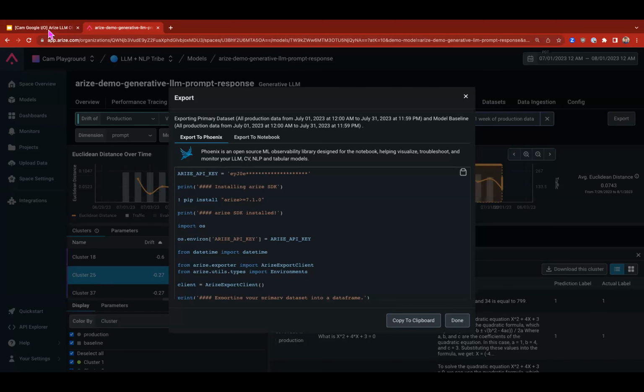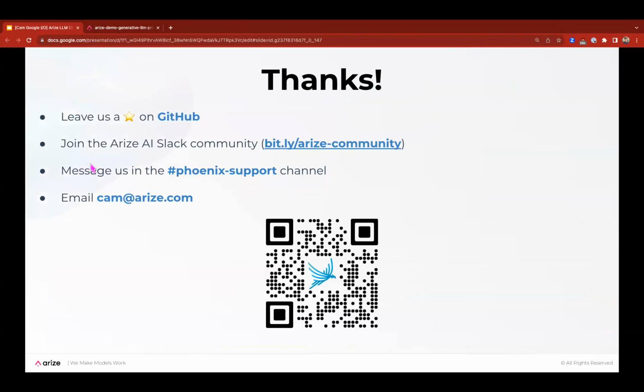The last thing I'll leave you with is that a lot of what I want to do, as I mentioned, is built into Phoenix. So feel free to go open source and